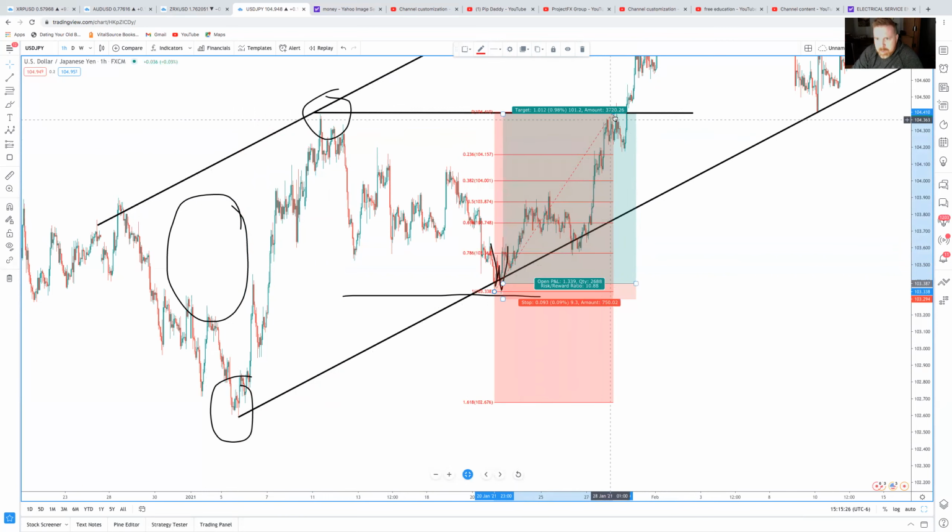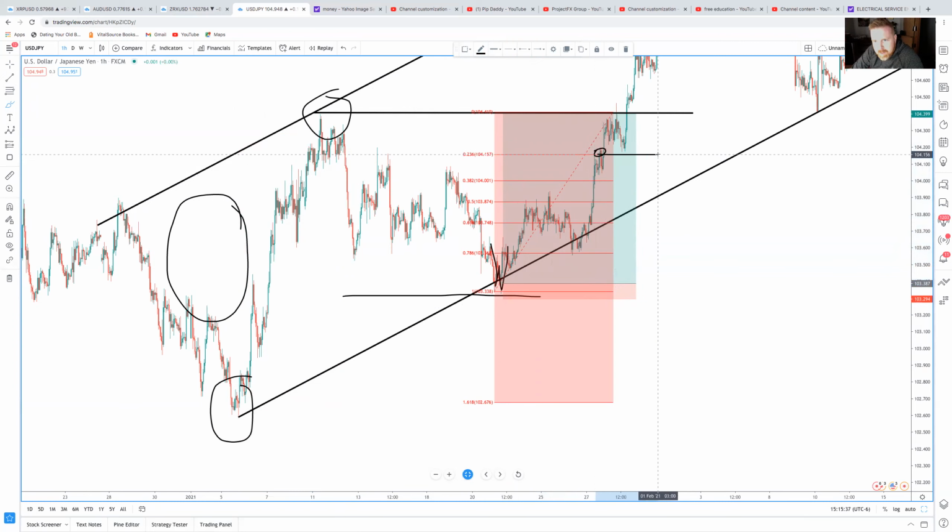So price comes up here and it pulls back to 0.236. Technically it didn't break this previous high. So unless it broke that, I would stay in this trade and watch it go up. But